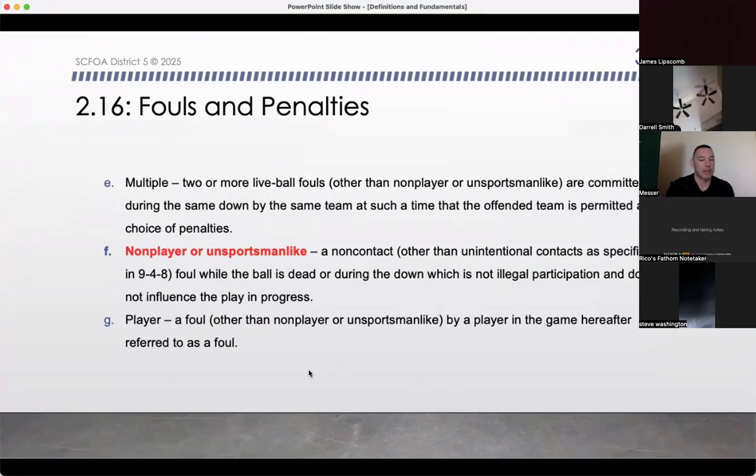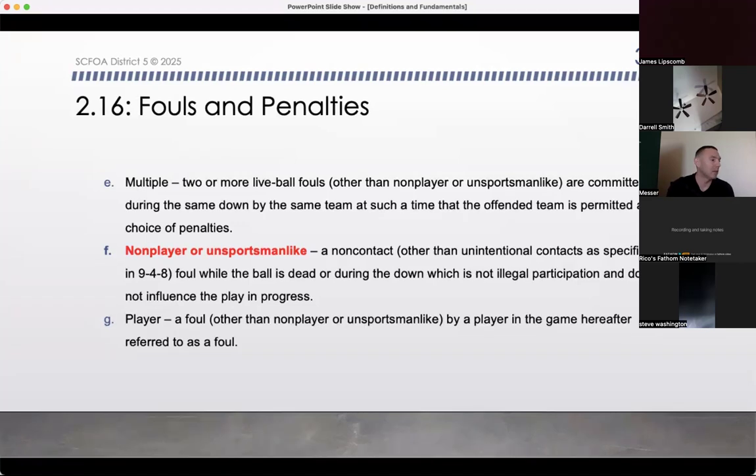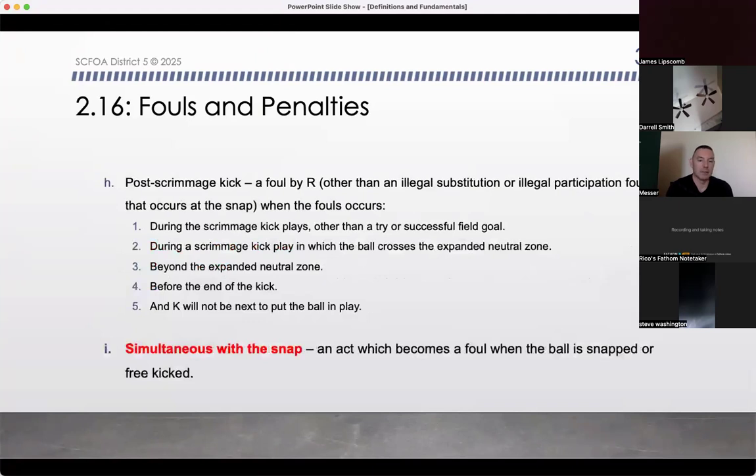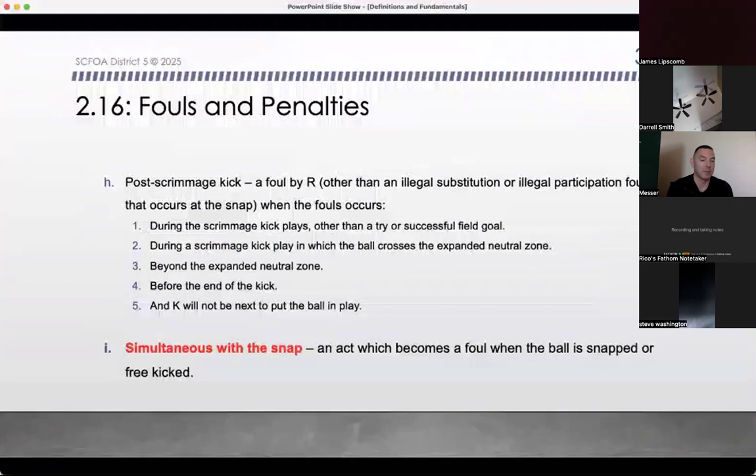A foul by a player, other than a non-player, like by a player in the game, is hereafter referred to as a foul. Okay. Post scrimmage kick, a foul by R, other than an illegal substitution or an illegal participation foul that occurs at the snap. When the foul occurs during the scrimmage kick play, other than a try or successful field goal, during